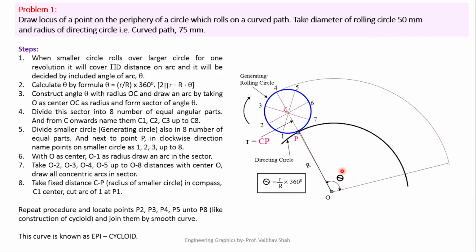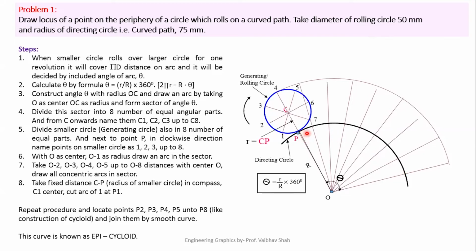So let us suppose this is our theta. We have divided theta by 8 because we have to divide this particular portion into 8 parts, and we will get one value, and we have to draw that many degrees from the point to get this line. So first part, second, third, fourth, fifth, sixth, seventh, and eighth part would be this last line, obviously.